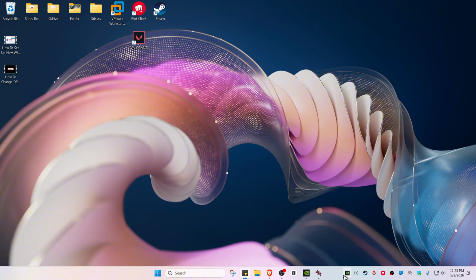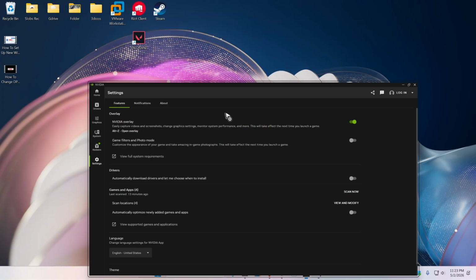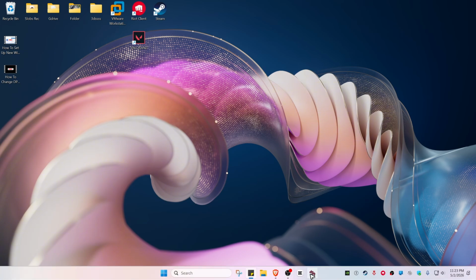Now, first up, go and find the NVIDIA app. Just click on it and wait for it to load. Once it loads, go over to settings right here in the left panel. Then make sure that NVIDIA overlay is enabled, as well as game filters in photo mode. Enable it, and then once that's done, go and find the game that you want